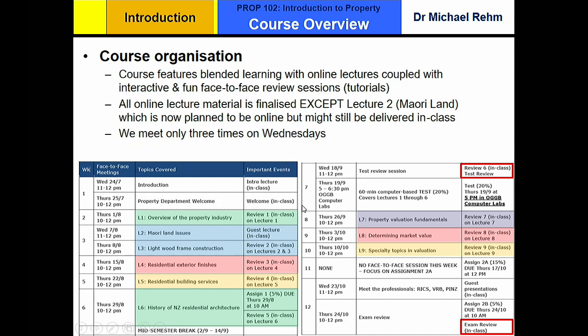And so what I'm trying to explain here in this little graphic is this course is quite different than most uni courses. I've adopted, both in this one and in my 200 level course, what's called a blended learning approach.